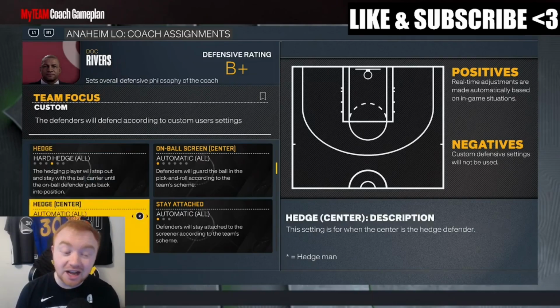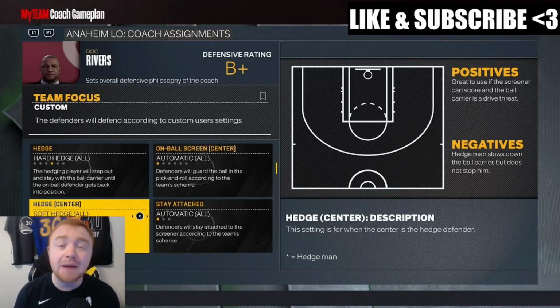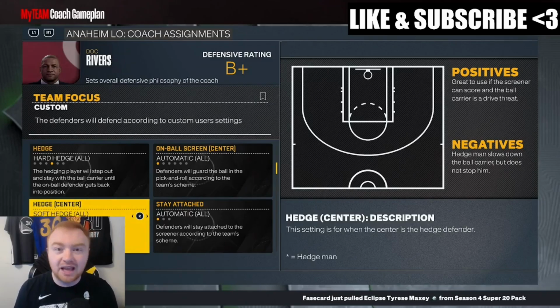For hedging on your center, guys, I like soft hedge here. I mean, again, it's not going to guarantee you a stop, but what I like about this is your center will play the 3 a little bit more, so you guys might be able to fluster people a lot. Again, you guys got to learn, though, to read a situation. It's not like it's going to just gift you a stop,